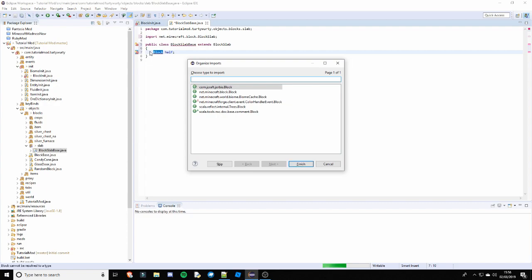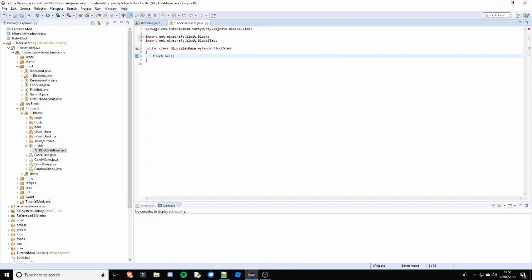and import block from net.minecraft.block.Block. Then we can create a variable called variant. We're not going to be having a variant method, but we need to create this variable. It's actually a property enum, but it's still a variable. So we do public static final property enum, and then triangle brackets, and inside here we put variant, and we call this variant is equal to property enum